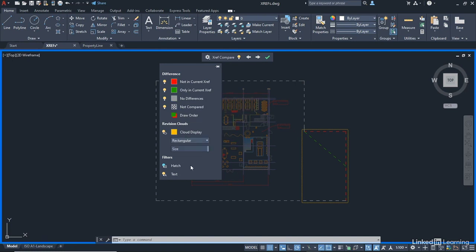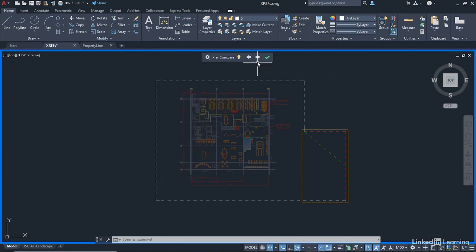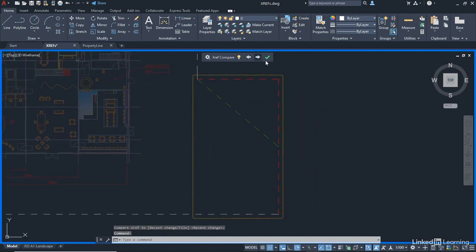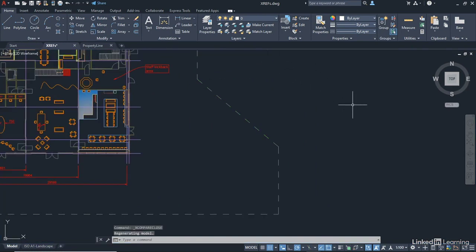But the nice thing is I can compare one Xref against another when those changes are made to make sure that we've got a dialogue between the two people collaborating on the project. I can also zoom in. So I can zoom in and there's a little sort of close-up of what's going on as well, showing you the green and the red and the revision cloud. Once I'm done with that, I can simply click on the green tick and it takes me back into my